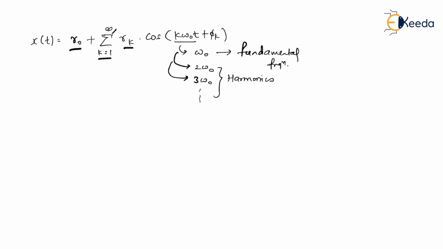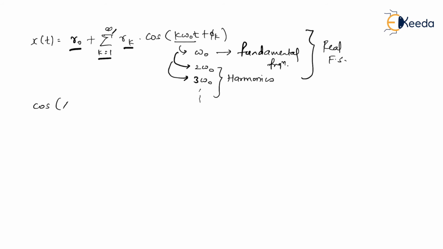When you express a real signal in terms of complex values, then negative frequencies come into the picture. And that's the reason why, when we talk about the complex exponential Fourier series, we have to take care of negative frequencies also. I said that negative frequencies are just a mathematical entity. It has got no practical existence. Am I right? So that's the only reason why, since it is a real Fourier series, we don't have to take care of negative frequencies.